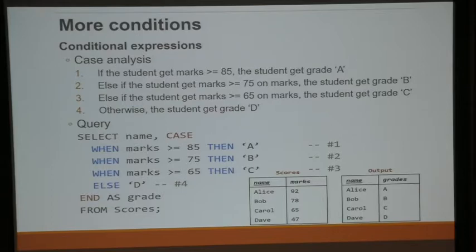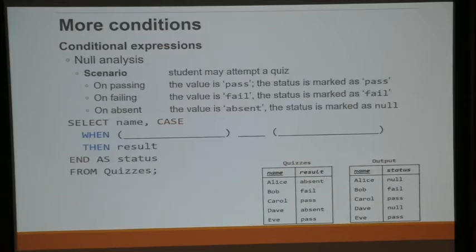Okay, so if you want to have null, then you can do this. So this is a null analysis. If it's absent, if the student is absent, the student is neither pass nor fail. Right? So if I say that this one is pass and this one is fail, if it doesn't match any of this, it will be null, which is exactly this.